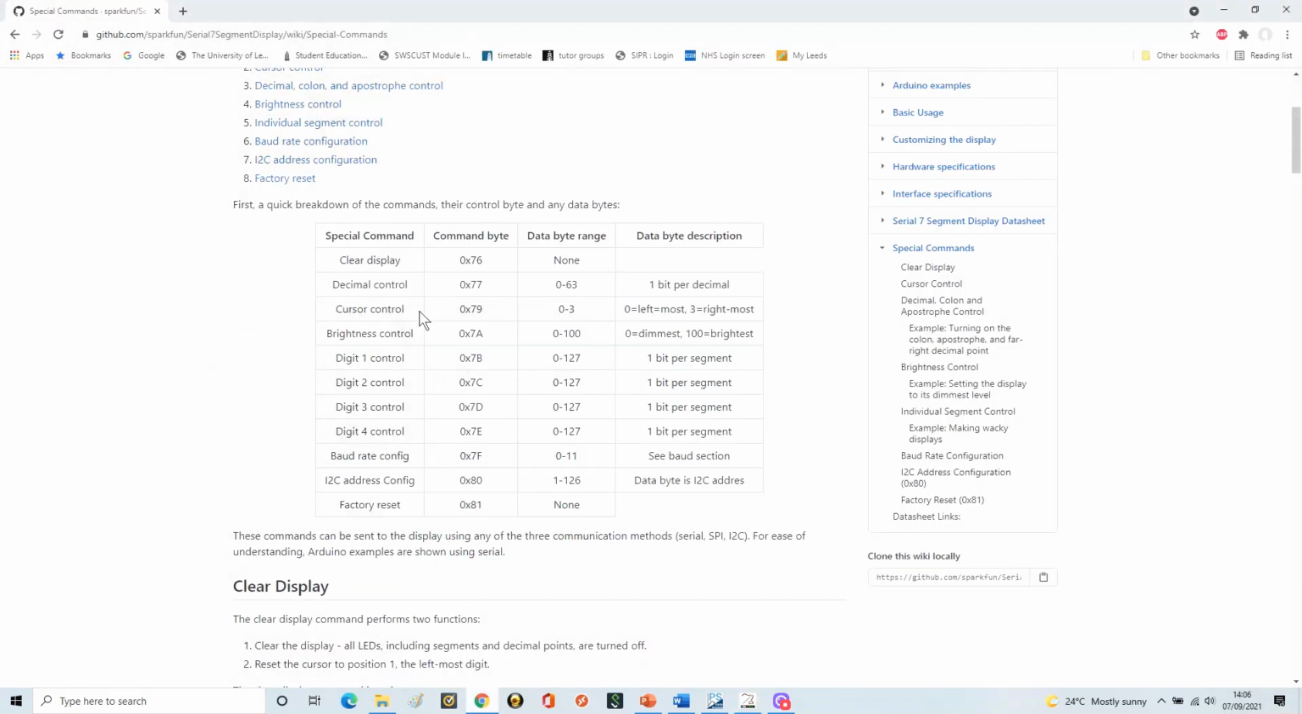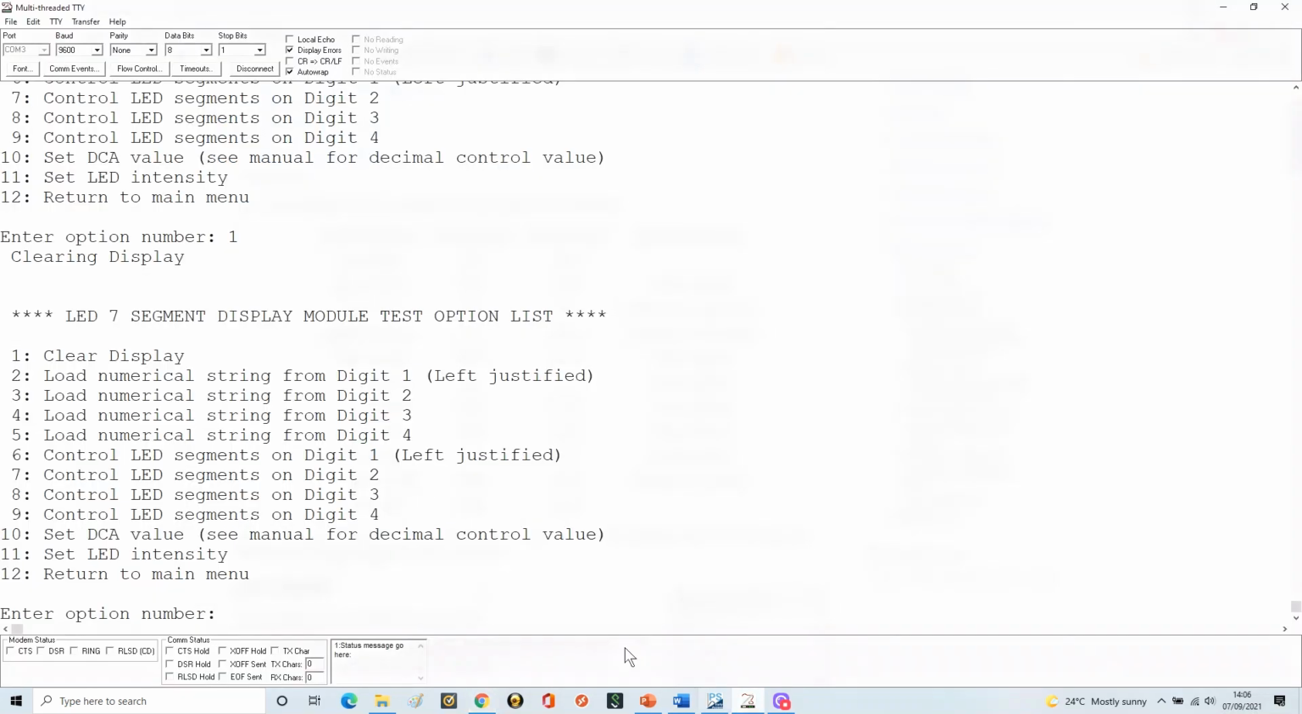Let me just show you what this is. I'm just going to send the clear display command, which is a single byte command, transmitting 76 in hex. So let me go to my HMI. I'm going to press number 1 to clear the display. And now let's go to my